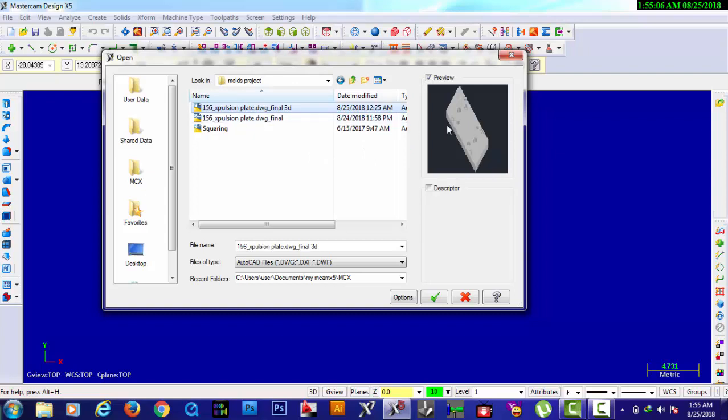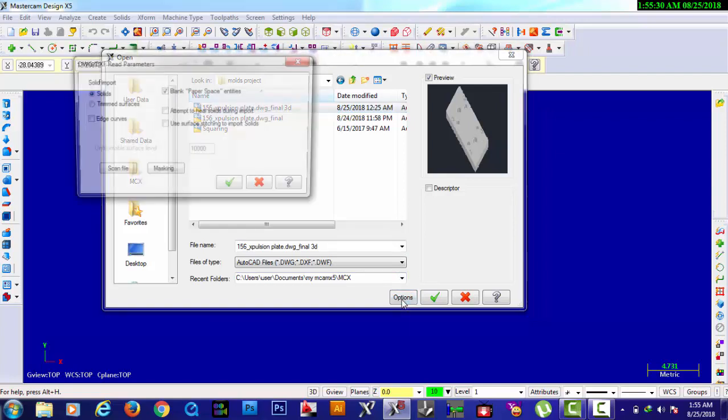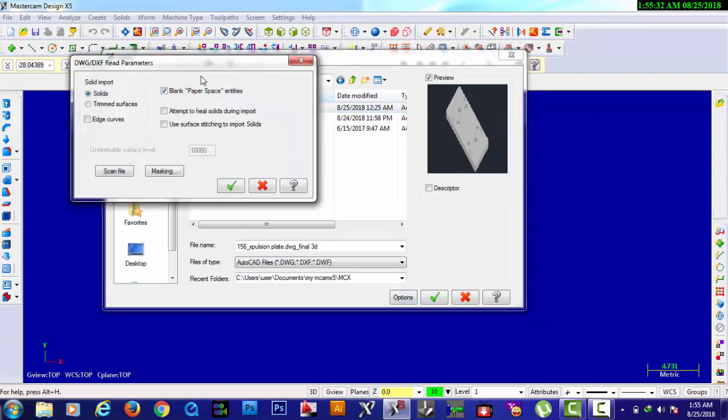So as you see here, in the right portion, this is the file. In the view, in the lower portion, choose Options. What do we call this?